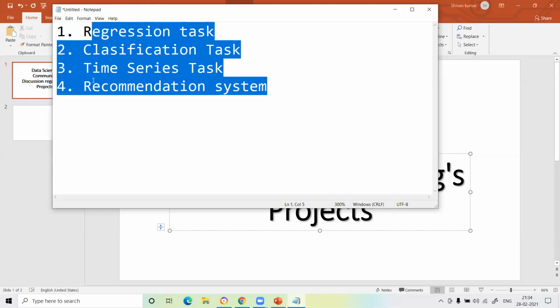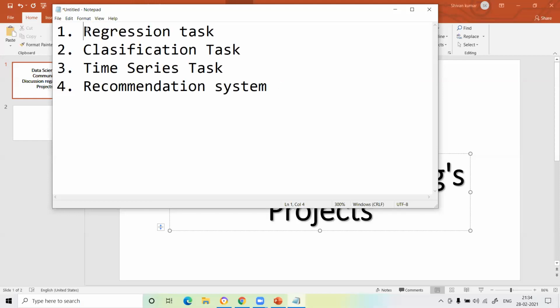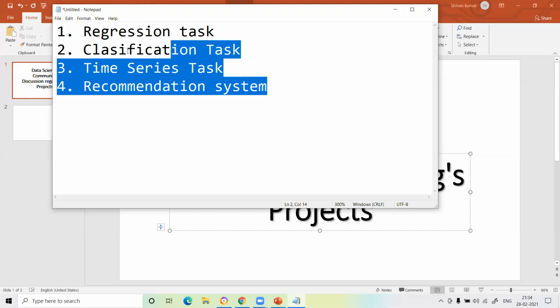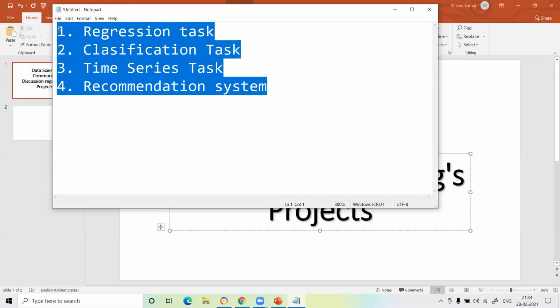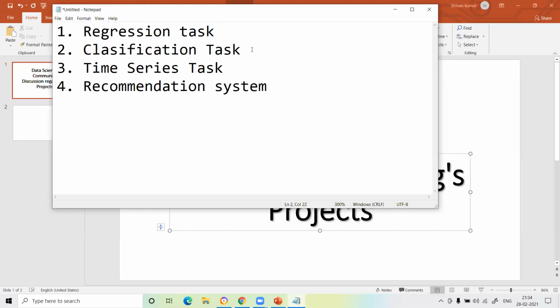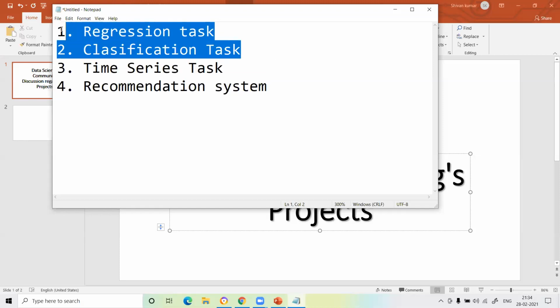If needed, if we have a regression problem, we can add time series or recommendation system as well. You can find a problem statement for these, but my advice is to start working on regression and classification first. Going forward, we can add time series and recommendation system as well.